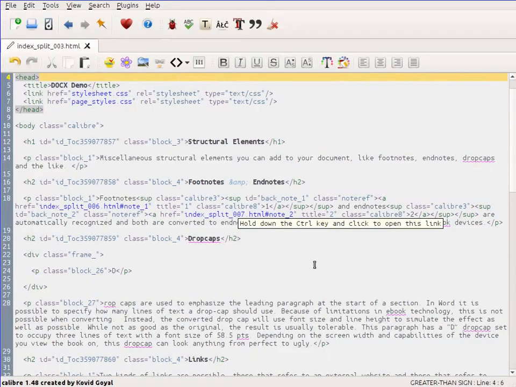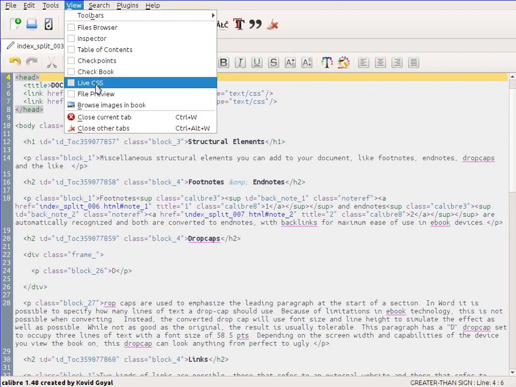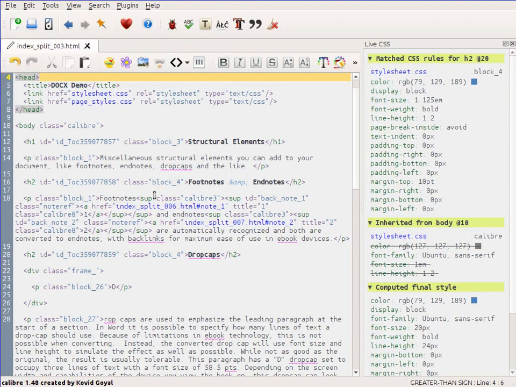If you wish to understand exactly why some text in your book looks the way it does, the editor has a very handy tool called Live CSS. Go to the View menu and click Live CSS. This tool will show you exactly what CSS matches the tag that your cursor is currently inside. So for example, if you put it inside the H2 tag here,